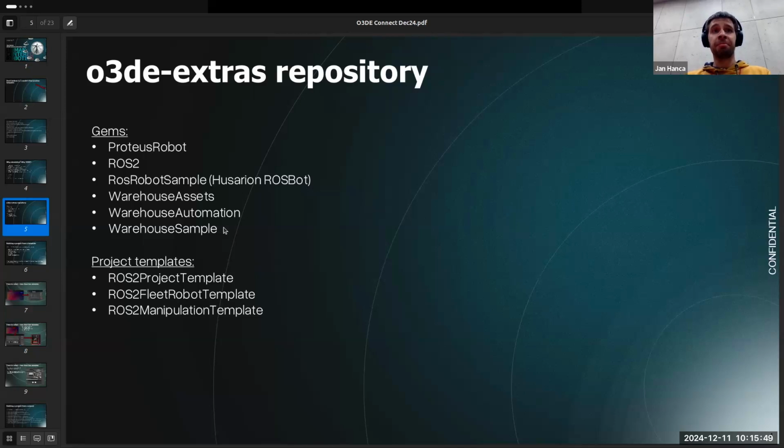There are 3 project templates. Most probably for the next release, we will be reducing that to 2 project templates. The first one, the ROS2 project template, is just a simple template that has one Husarion robot. It uses basically the ROSbot sample gem in a small warehouse that can be used to test the connection of your ROS environment with Open3D engine. Just a great starting point, I would say,